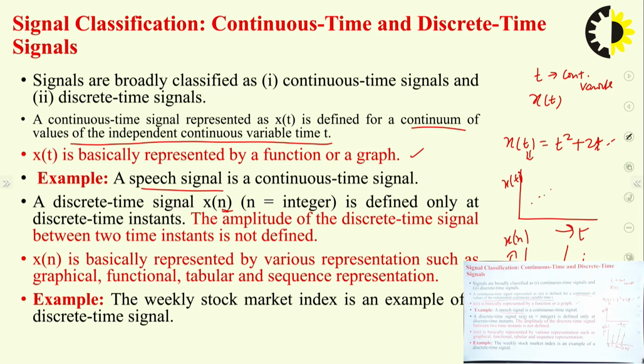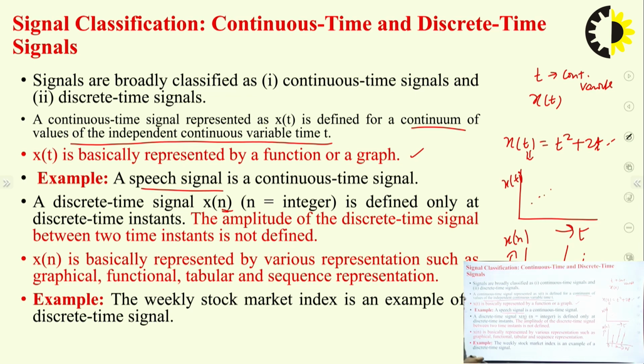One important thing is that the value in between these discrete time instants is not actually 0, but it is not defined. This means we only know the values at these time instants, but the value between these time instants is basically undefined. Okay,